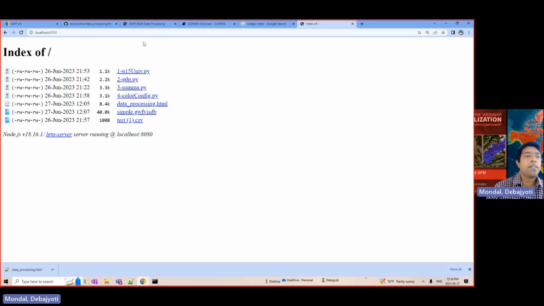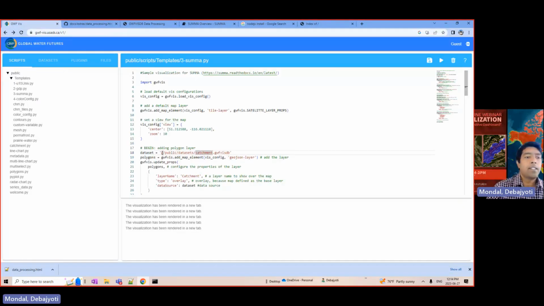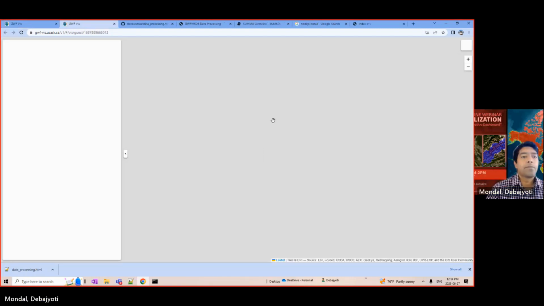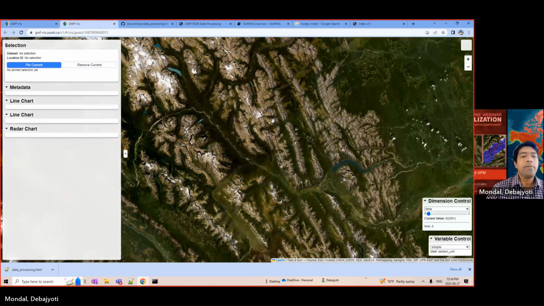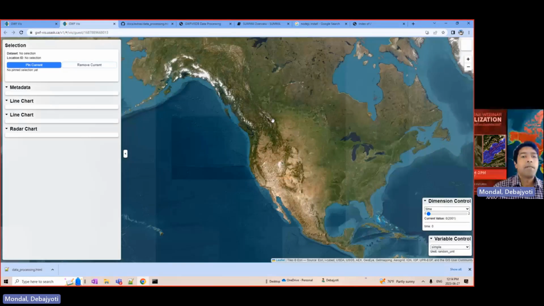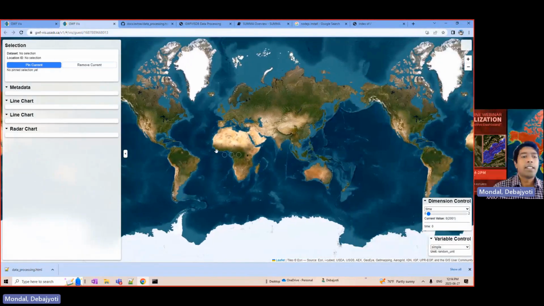So instead of going to this directory, now what I want to set here is my local directory, localhost 8080, and then the dataset name is simple, and that's it. And let's run it. Once you run it, I zoom it out because, yeah, so now you can see these are the three dots, because in the CSV